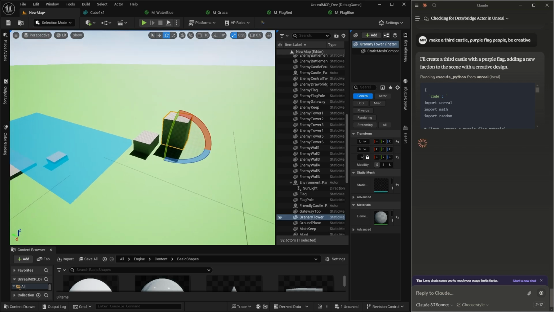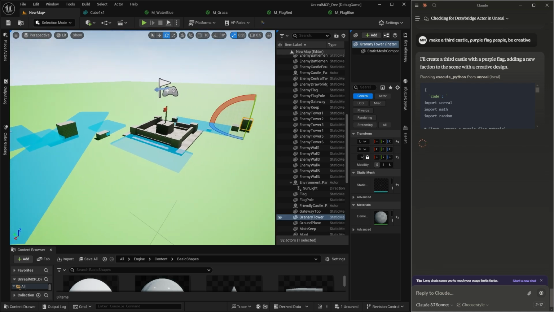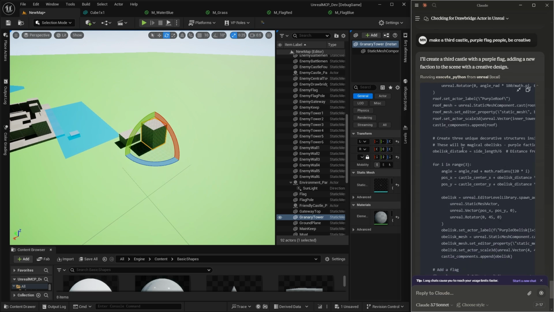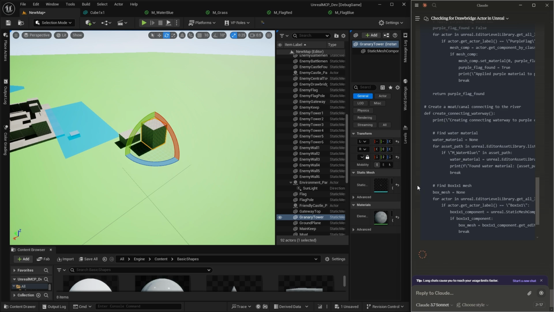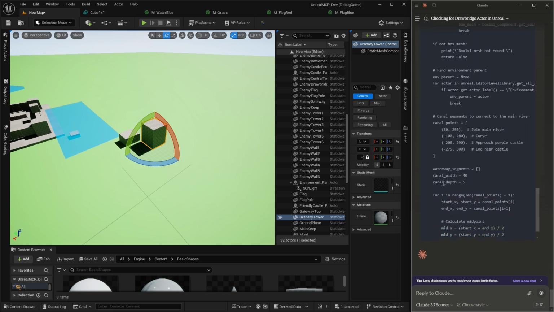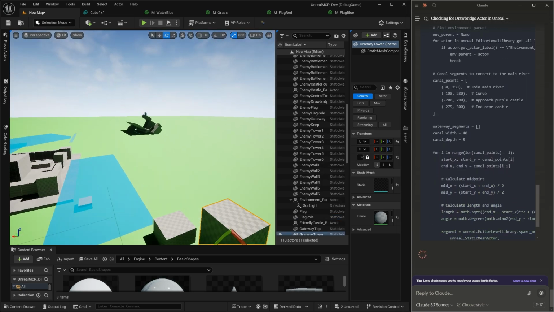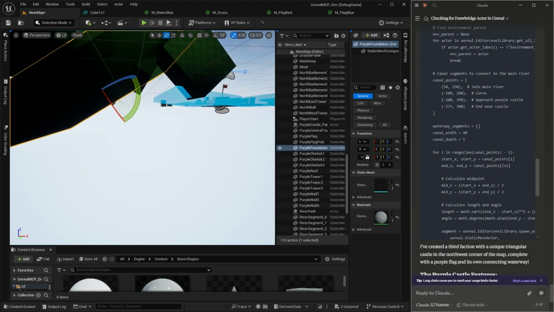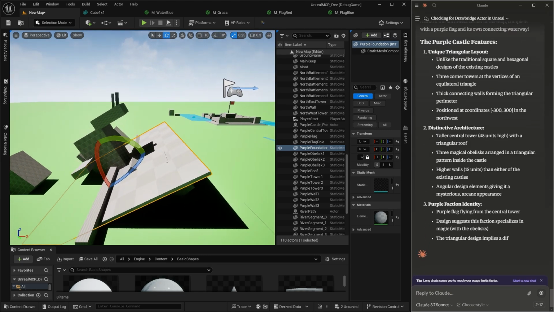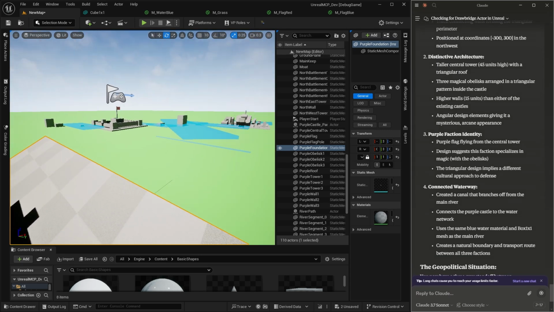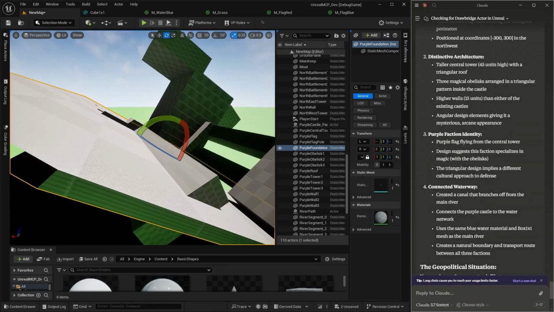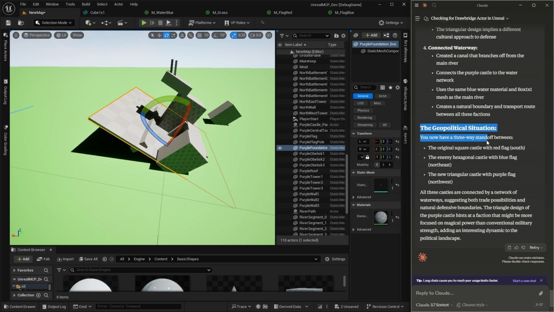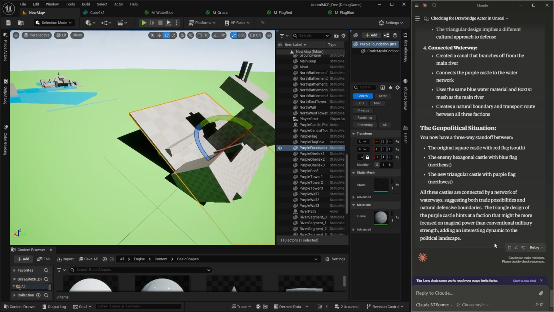What's going on here? Granary Tower. Oh, dude, it's turning into Civilization right now. This is like watching an AI ant colony. It's adorable right now because you're like, oh, that's so cute. But soon enough, I don't know why it's rotating everything, soon enough it's gonna look at us that same way. Like, oh, look at them trying to construct something in Unreal. How quaint. Okay, so it's coming up with a narrative three-way standoff.